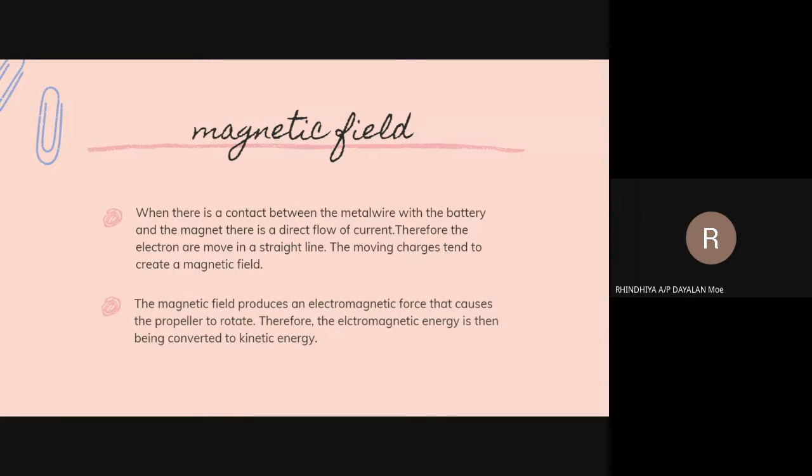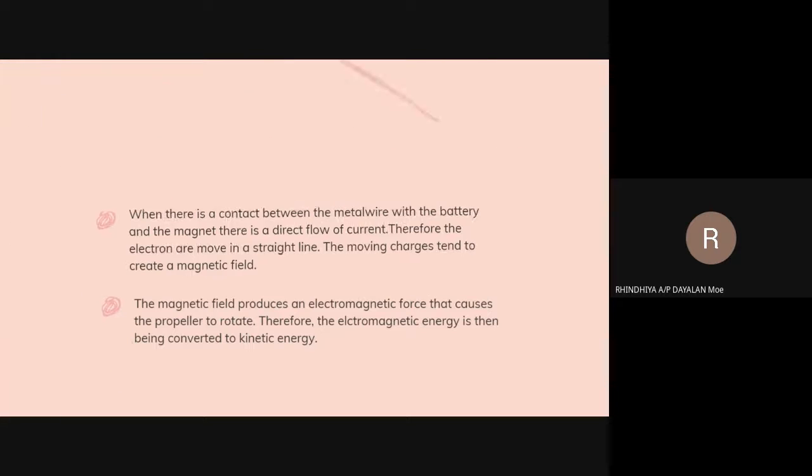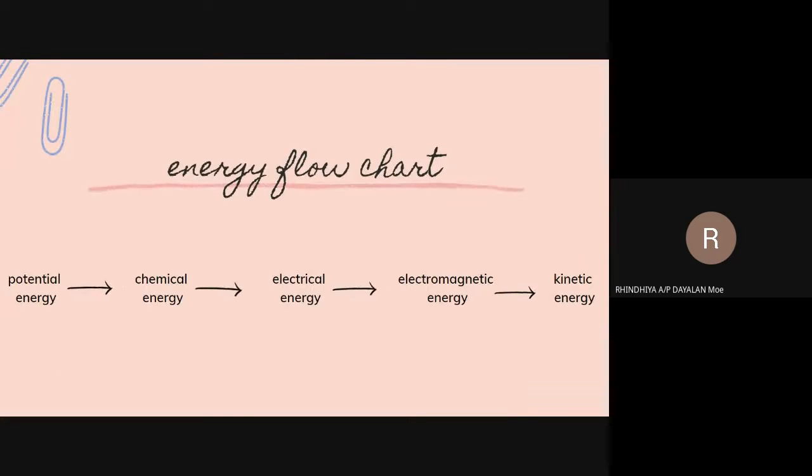This magnetic field produces electromagnetic force, which is what causes the propeller to rotate. So when the propeller rotates, the electromagnetic energy is being converted to kinetic energy. To explain it in easier words, first it starts with potential energy because the magnetic propeller has to be at